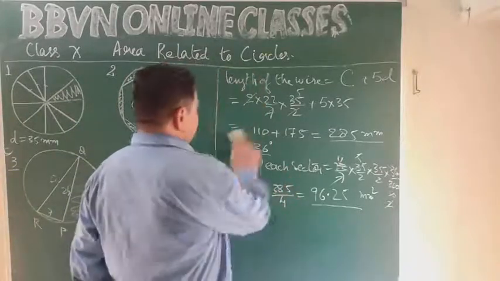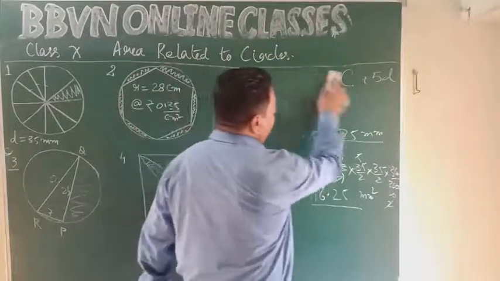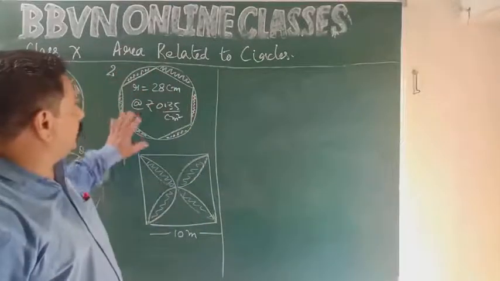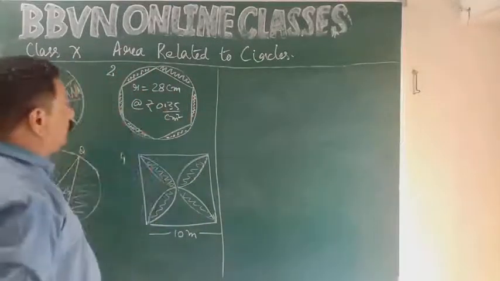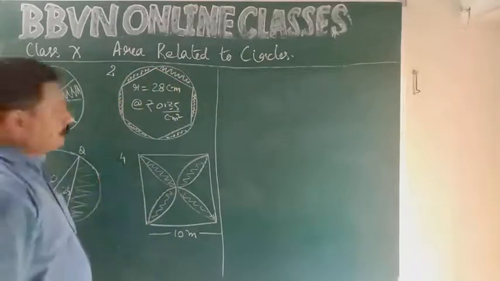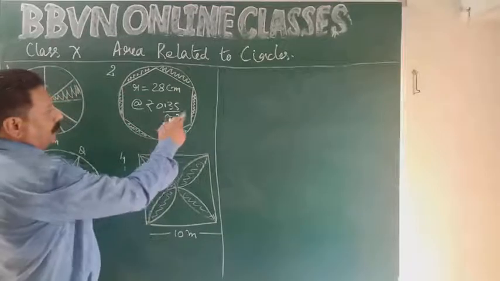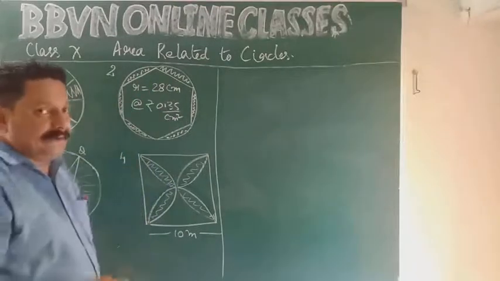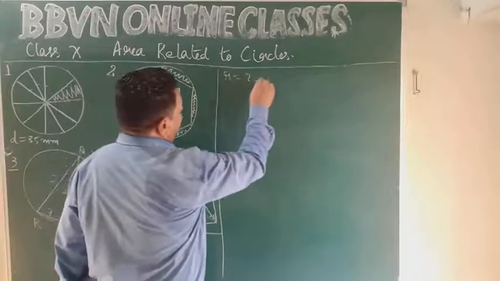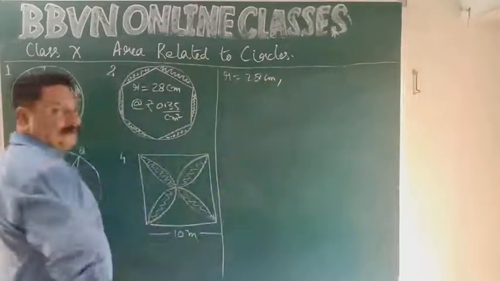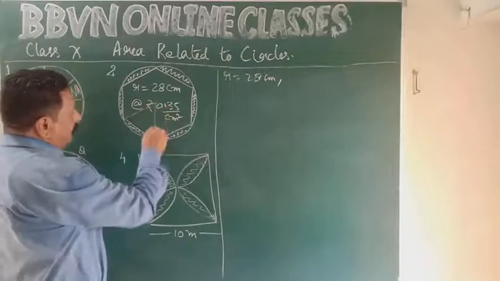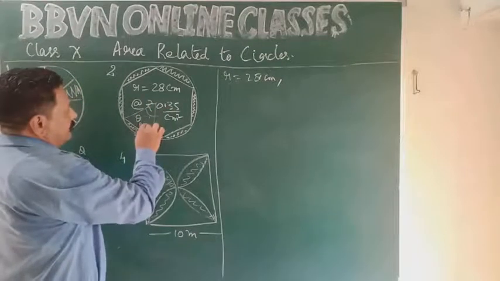Let's come to another question, another plane figure. Now this is a circular tablecloth, and on it there is a design carved here. So we see that 1, 2, 3, 4, 5, 6. It is a regular hexagon. Radius is given as 28 centimeters. Now, if I consider here the center, the angle formed, this theta, will be 60 degrees.